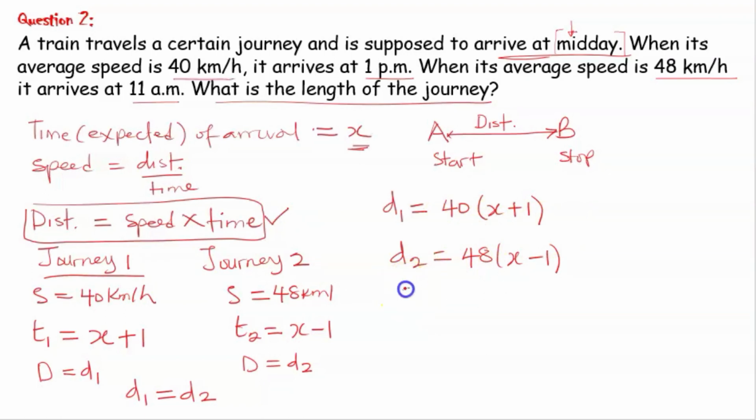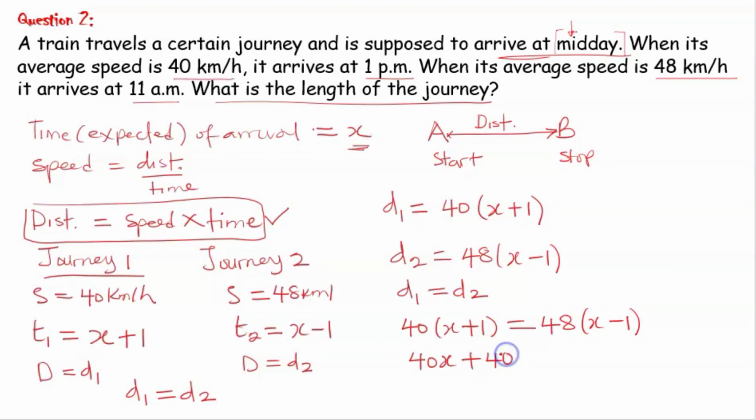All right, but we agreed that D1 is equal to D2 because the distance covered did not change, it's the same. So what does that mean? It means that 40 into X plus 1 will be equal to 48 into X minus 1. All right, so if you open this, you are going to have 40x plus 40, which is equal to 48x